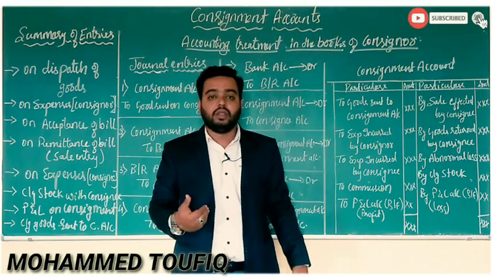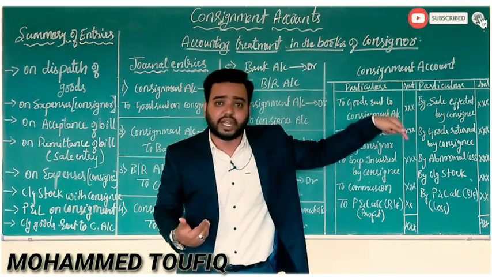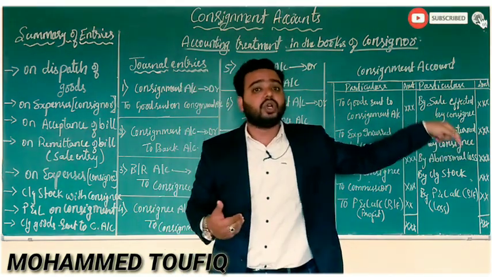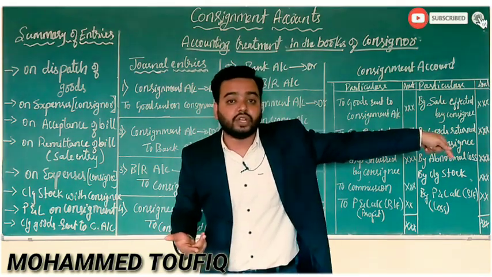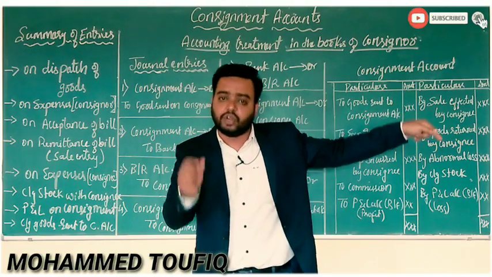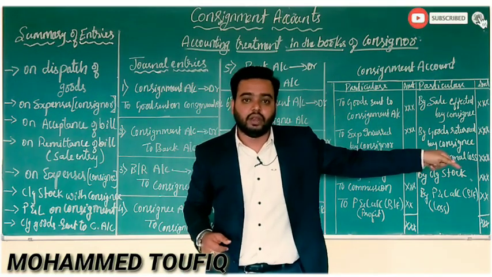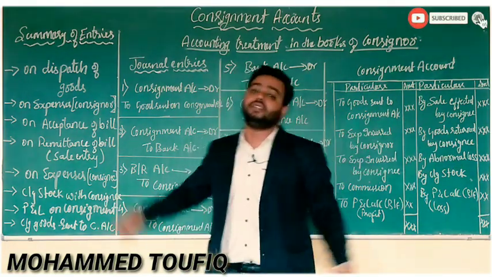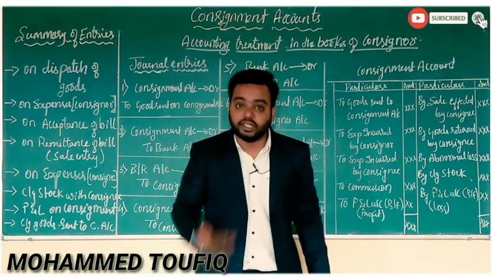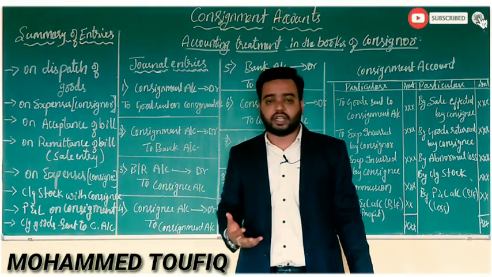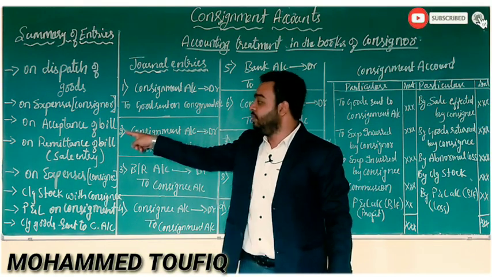So I have made the bill, and the person receiving goods from me, to whom I am selling on credit, will pay the amount immediately, then no worries. If he is not paying the amount immediately, then I will make a bill with a particular period. If I am making a bill, then he has to accept that bill. On that acceptance, I have to prepare one general entry. In some questions you may get these transactions, and in some you will not. If you get them, on acceptance of a bill by the consignee, you will prepare one general entry.